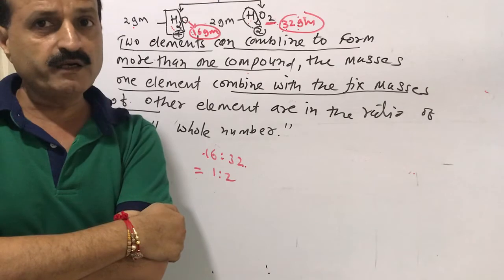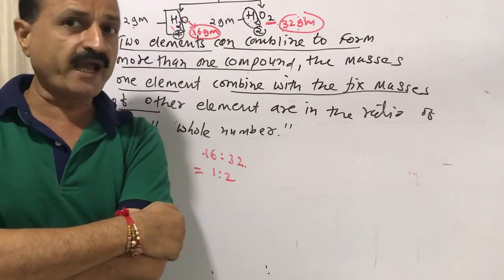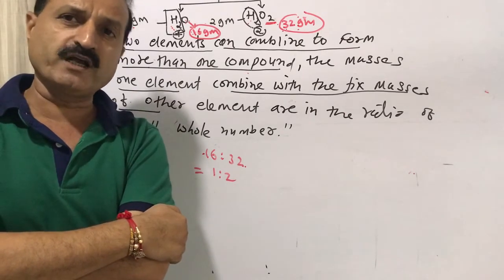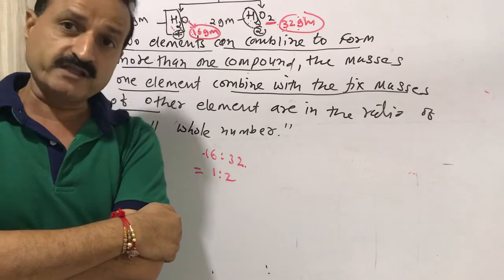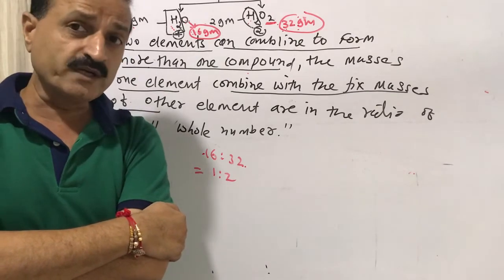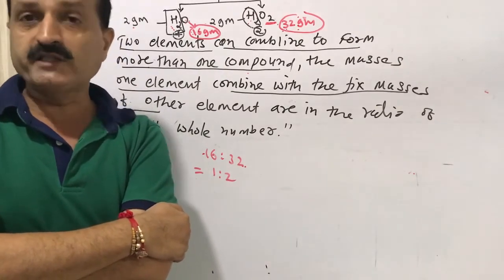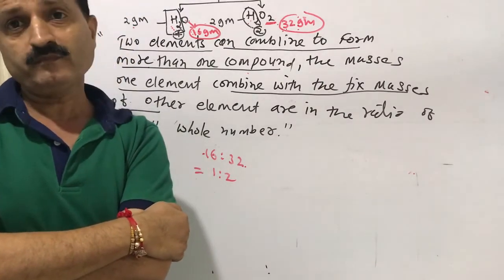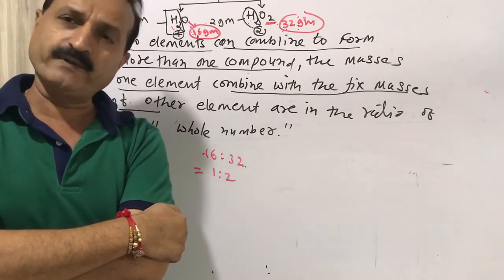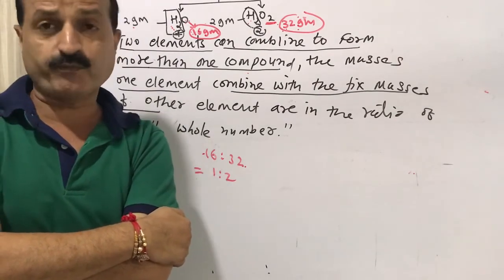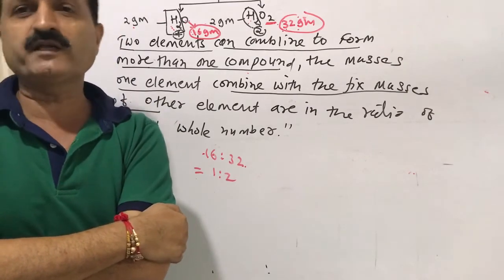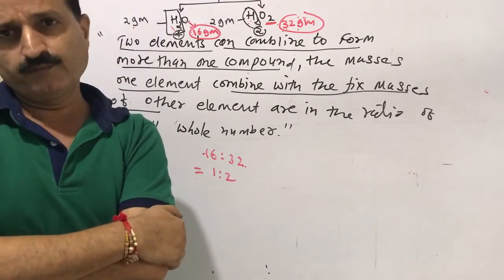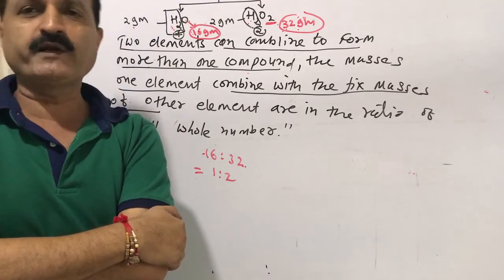The second law is DP, definite proportion. We have taken the example of copper carbonate. The percentages of copper, carbon and oxygen are the same whether it is taken from nature or prepared synthetically in the laboratory. Percentage of copper is 35.51, percentage of carbon is 9.74 and percentage of oxygen is 38.91 in both compounds, prepared in the laboratory and obtained from nature.